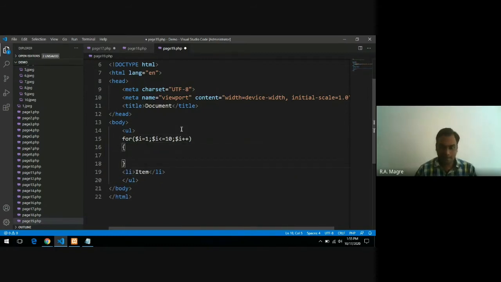And this you have to place here. And this code you have to write in the PHP tag.